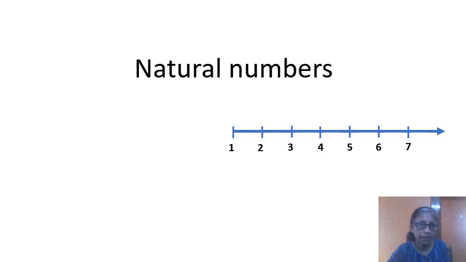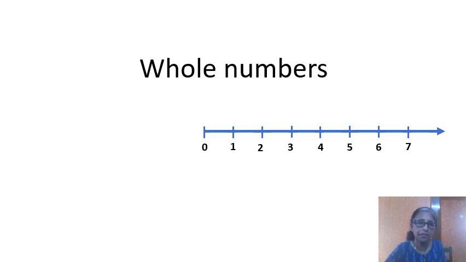Since it can be extended to infinity, that means after 7 you can take 8, 9, 10, it goes up to infinity. We have given an arrow here. And at the starting, you find there is no arrow because there are no numbers on the left side that are smaller than 1. You have only starting from 1. Remember that natural numbers are numbers starting from 1.